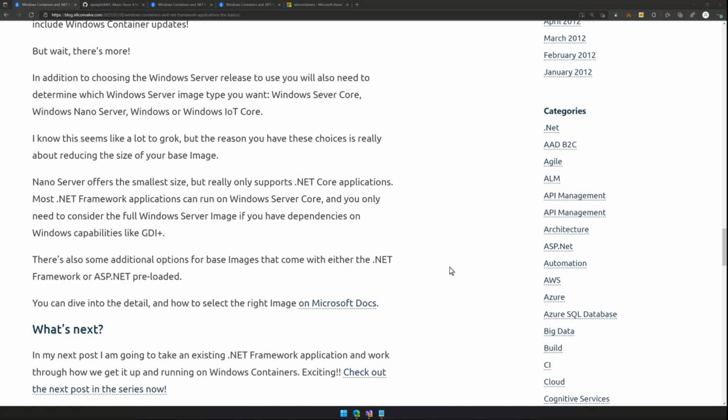You can still take, say, something like Windows Server Core as a base image and then configure additional elements that you require, but it does make your Docker build a little bit more complicated. And some people might just go, I don't want to manage that. I'll live with a larger image and just know that everything is there. The main difference between Server Core and Nano Server is Nano Server will allow you to run .NET Core applications, I think only. It won't allow you to do certain things that require you to access things like GDI inside the Win32 API.